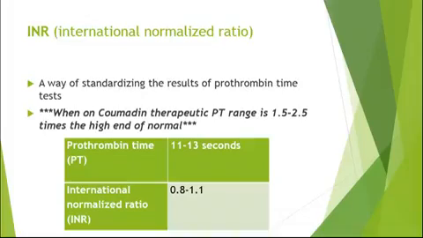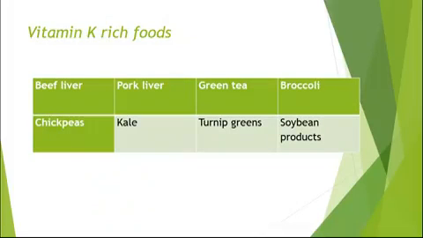If we have somebody who had a clot in the past or are at risk for developing clots, but it's not necessarily high risk, you will see that we want them at 2 to 3. So if their level came back at, let's say, 3.3, we would see the physician decrease the dose. Hopefully that makes sense. Now remember that vitamin K is really important in producing prothrombin, and so it is important